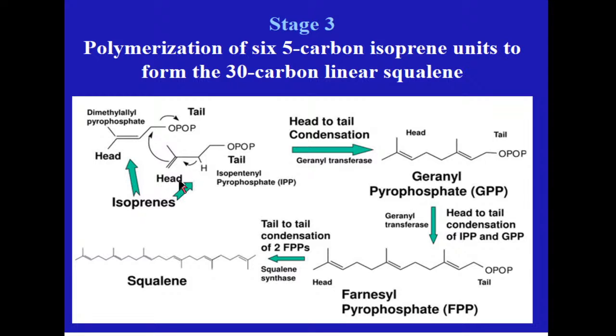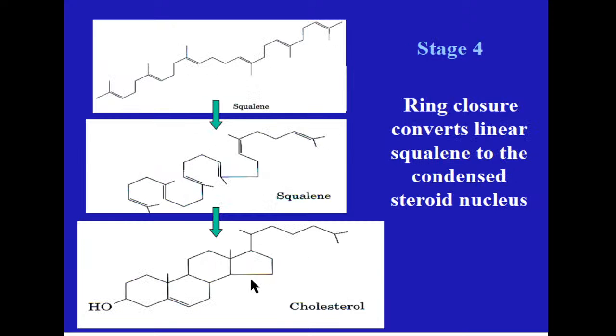Isoprenes will be combined with the special enzyme, and then the chain will be elongated, elongated, and elongated, and finally, after condensation of two farnesyl pyrophosphates, we will obtain squalene. It's a chain that already gives us the basis for the formation of rings. Squalene, a 30 carbon linear polyisoprenic substance, on the 4th stage must be cyclized